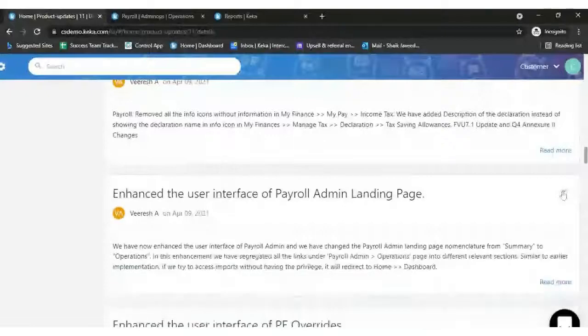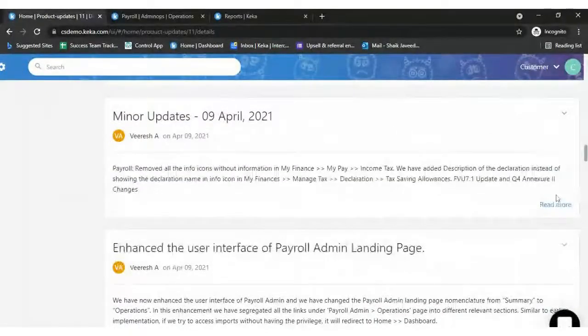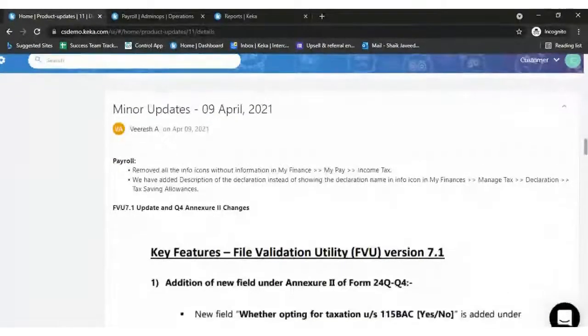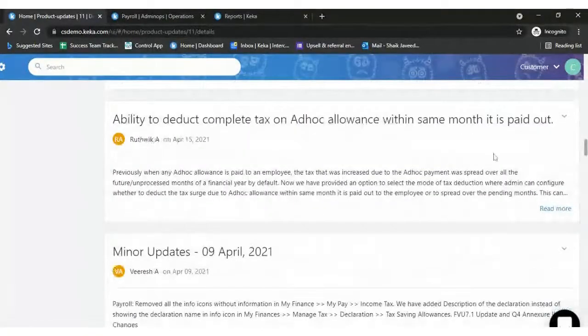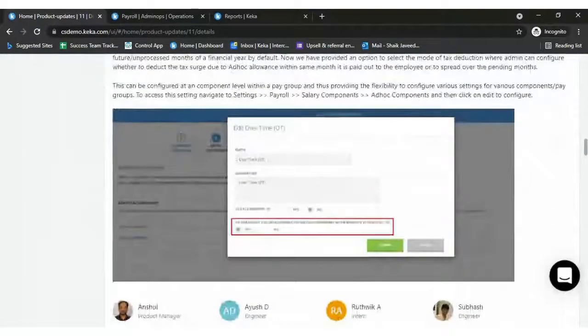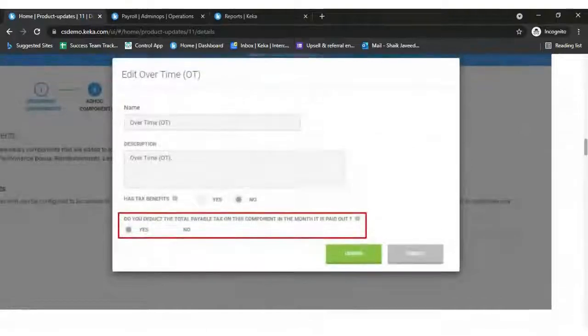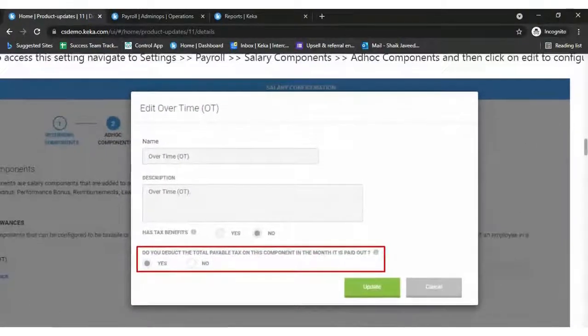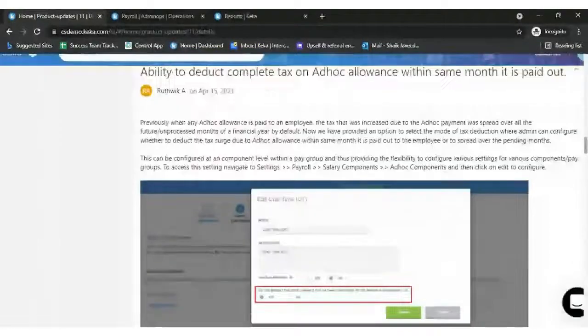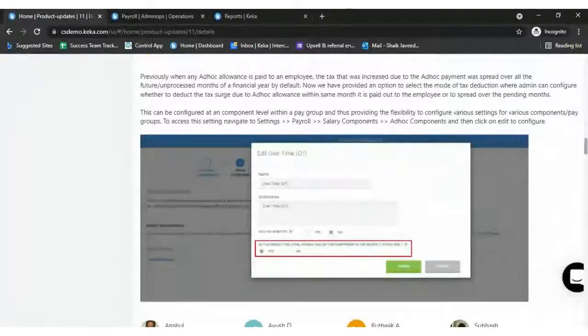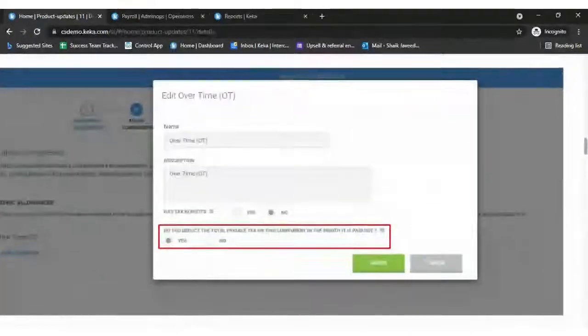Next interesting option, minor updates. We'll just ignore these minor updates as of now. We have this option for any ad hoc allowances you have. If you want to deduct the complete tax on the ad hoc allowance within the same month in which it is paid out, you can select this option.